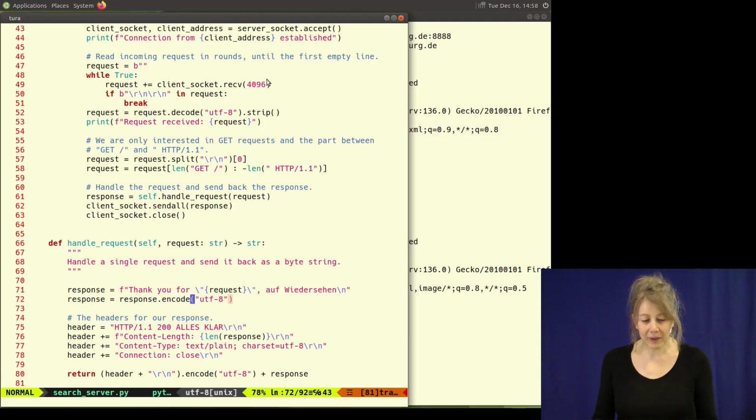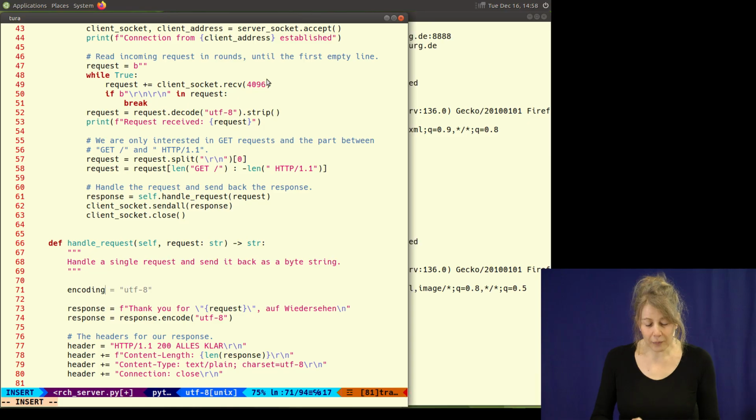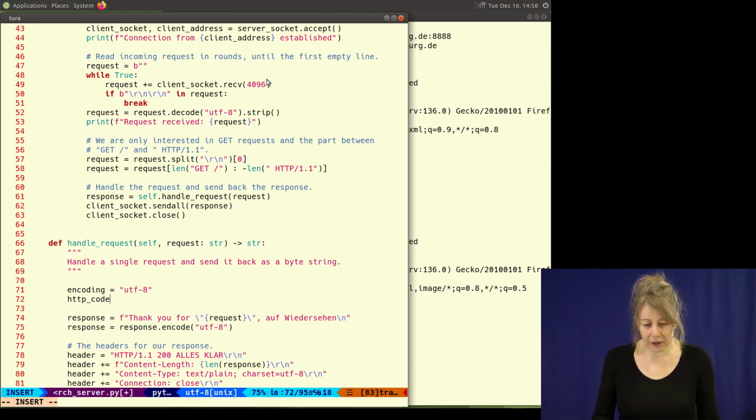So let's make this a little bit nicer here. Let me do some, because we want to do a little bit more. I'm always using UTF-8. There are also many other encodings. Let's, the HTTP code,